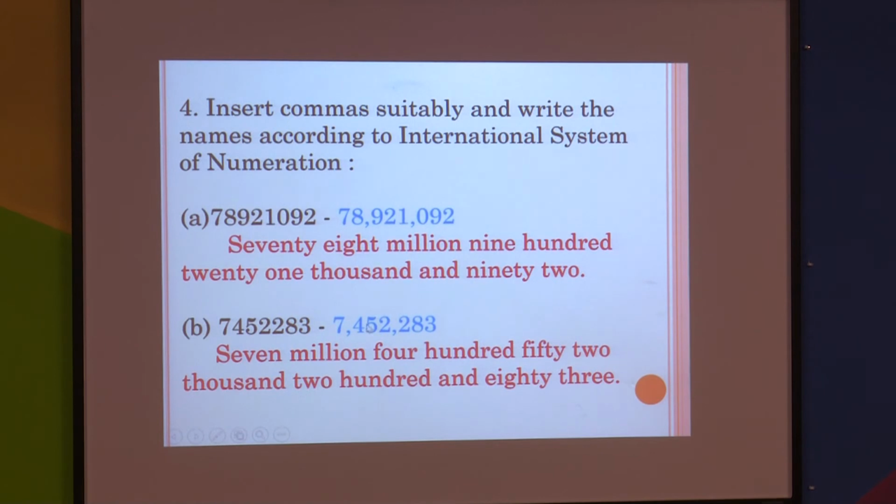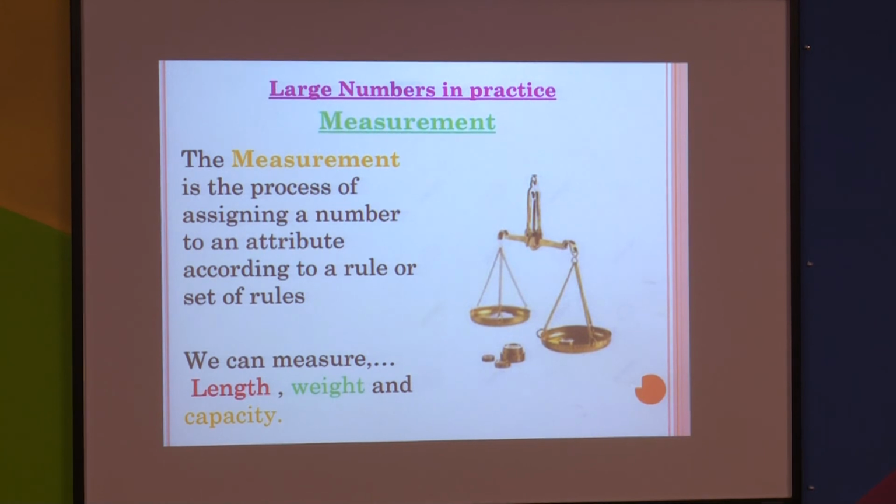One more example we will solve. From right hand side, let us see the place values, ones, tens, hundreds, give the comma here, separating thousands between 2 and 2, 1000, 10,000, 100,000, the comma comes between 7 and 4, separating millions. Now read the number, 7,452,283. So a few examples from exercise 1.1 I have taken here, the remaining you have to solve in your classwork books.